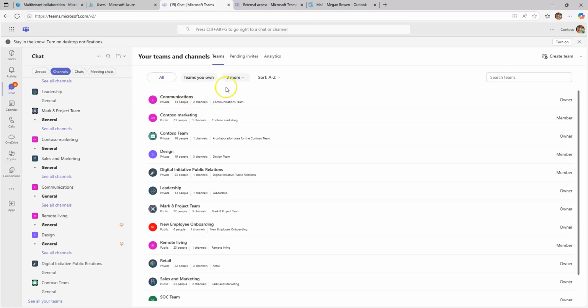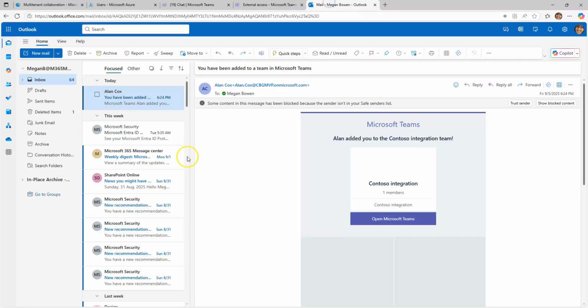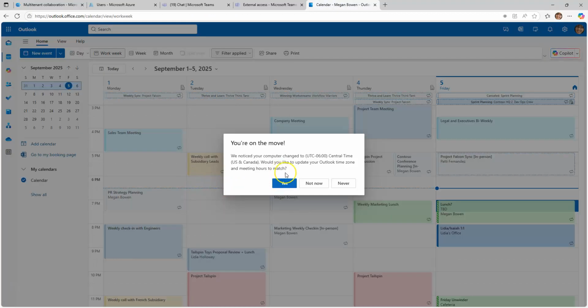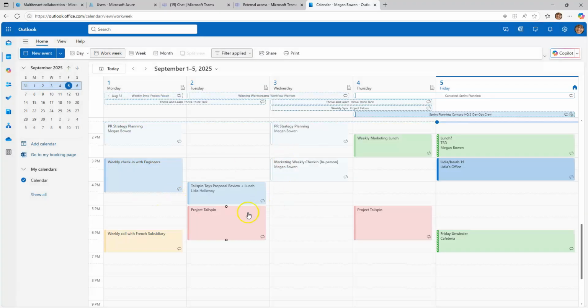Let's take a look at Free Busy. Remember, we turned on Free Busy, so we're in email here. Let's see if we got some things on our calendars, and we do. We've got some time zone changes here, and I want to schedule something with Megan. Now, Megan is in that other tenant again, so I'm going to go into